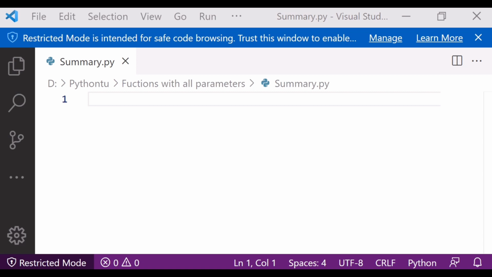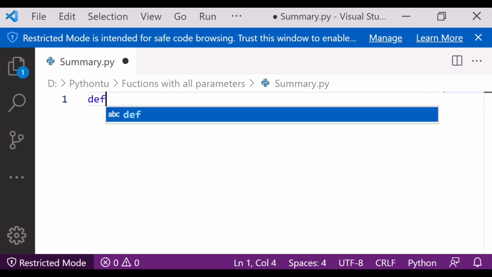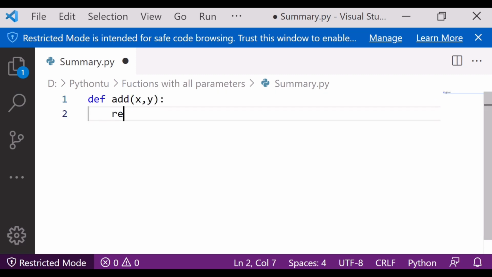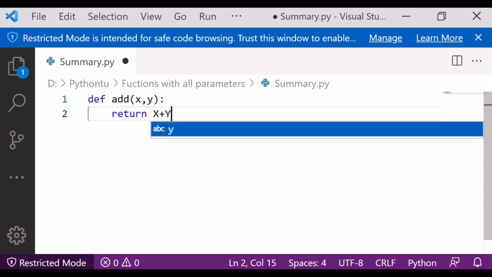So let's define a simple function first of all. I am defining one function here, simple add. I want to add x comma y, and it should return to me x plus y.